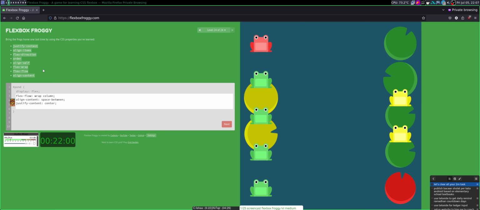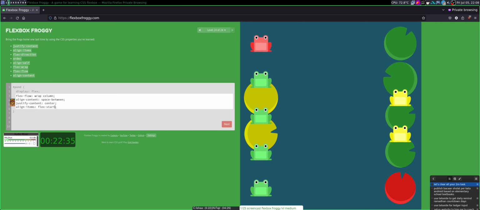Flag wrap, flag flow, align content. Okay, this is column, right? So this is the main axis, vertically. If I want to change the horizontal, I need to use align item.